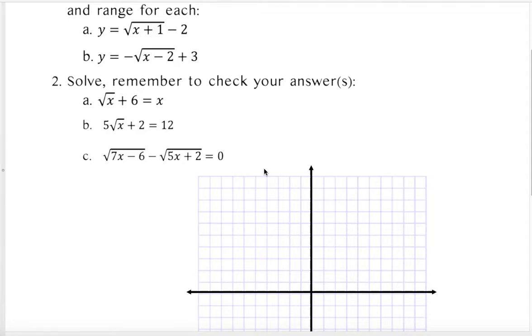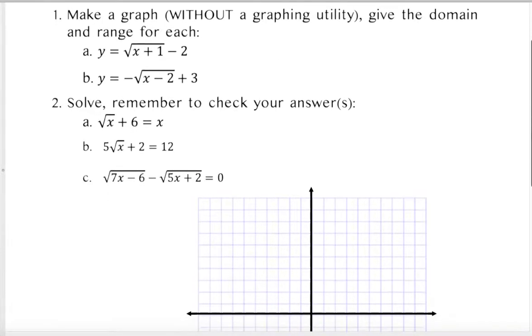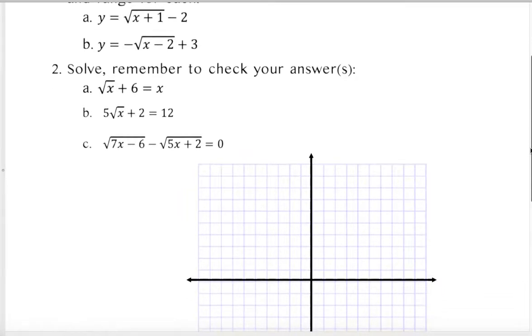Let's start with the first problem, which asked for making a graph without a calculator. And you have two different graphs to do. Let's start off by looking at just the square root of x graph. If you made a table of values for this, x, f of x,